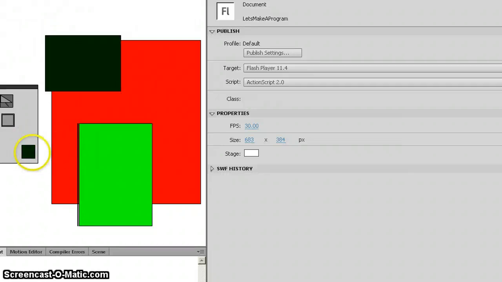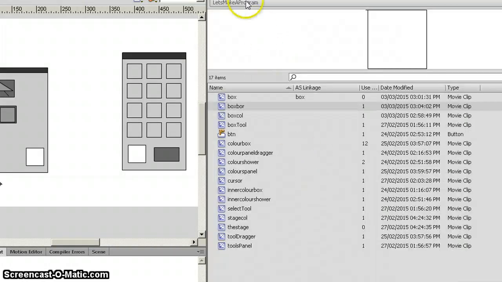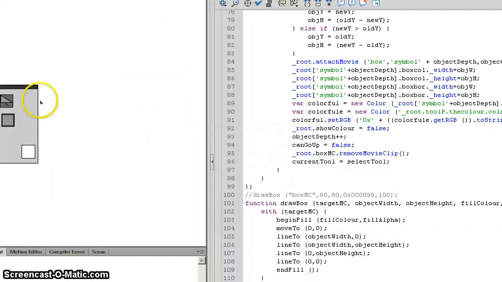Oh, that's why. I knew that it was not good enough to select two. Oh, because it's supposed to say current tool is equal to select tool with one equal sign. But another way to do that, instead of having the user to constantly